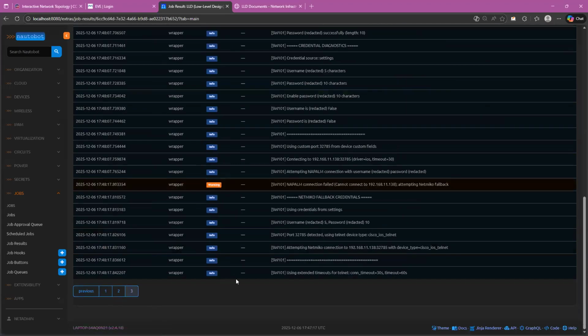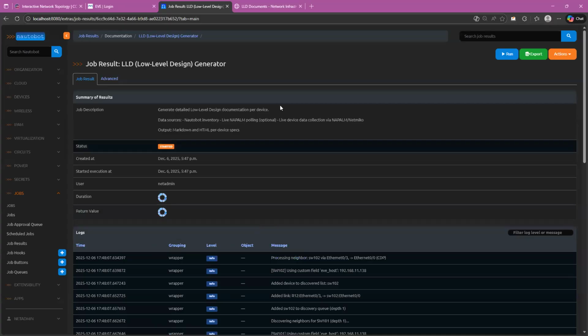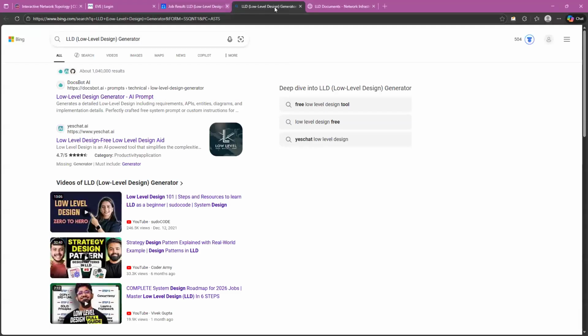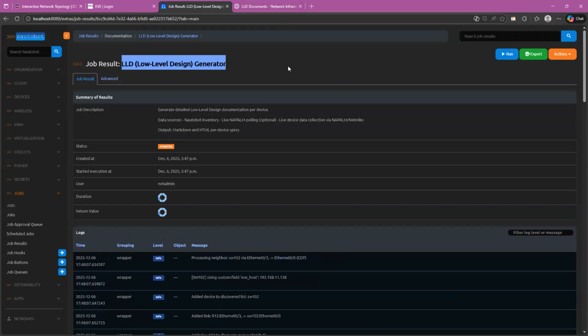You will see pages after pages, because this is one big script that will generate the low level design. Oops. It's still going on, no problem. Because this is a big script, it takes some time.